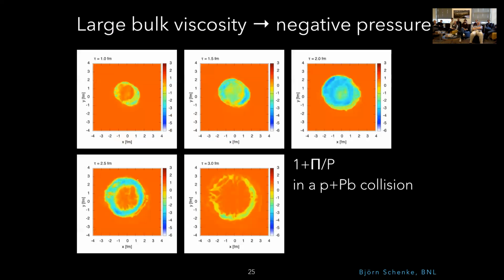And so this is another picture that I've shown before, but it also shows this problem. What's plotted is 1 plus pi over p. When this is negative, you have effectively negative pressure, right? And this is particularly happening in the blue regions. And you see a lot of blue regions. And you actually see these kind of interesting effects here, which you could interpret as sort of cavitation, right? Because you have these negative pressure regions and stuff is sucked in, and then you get these holes,